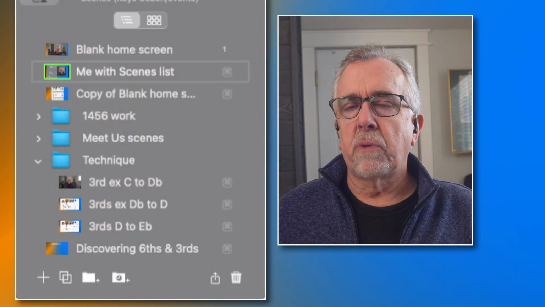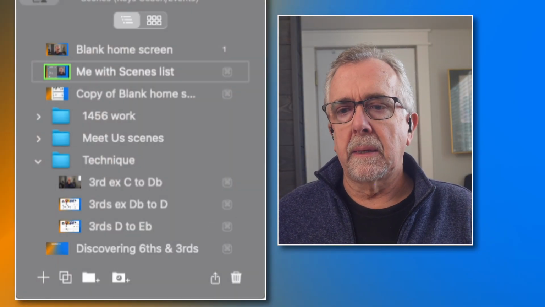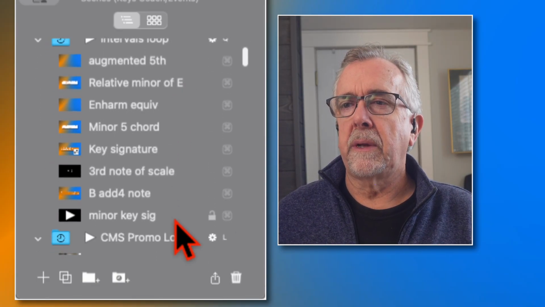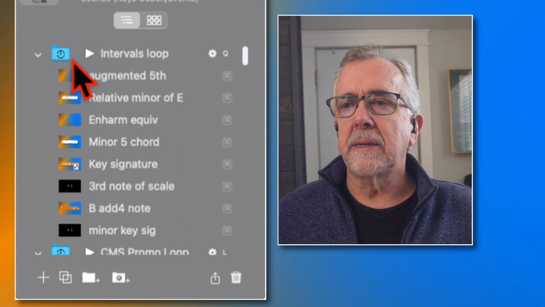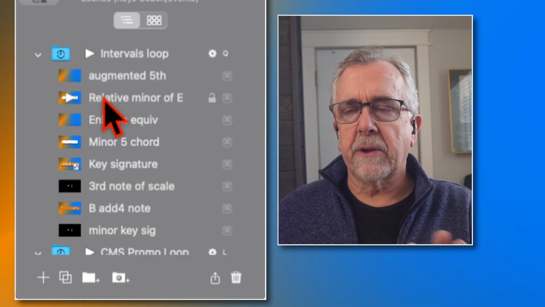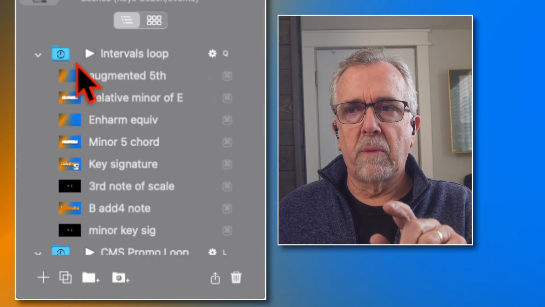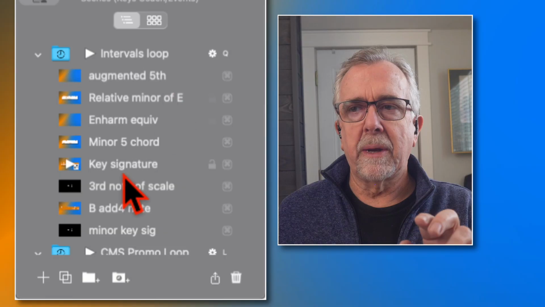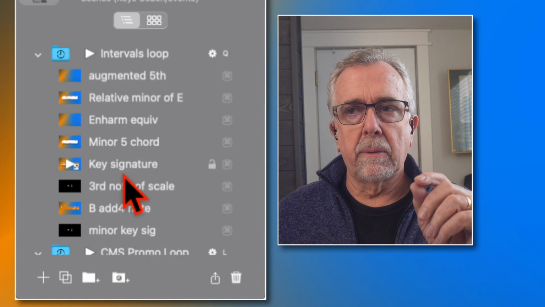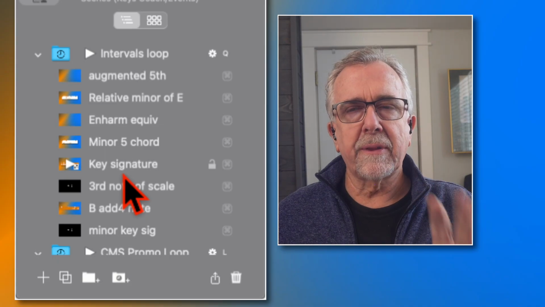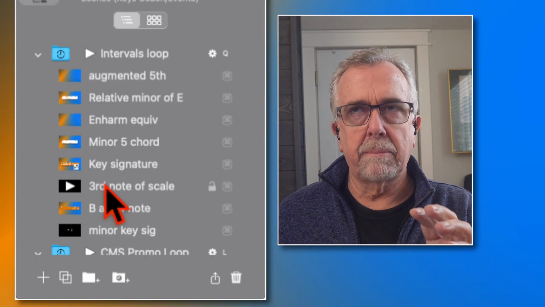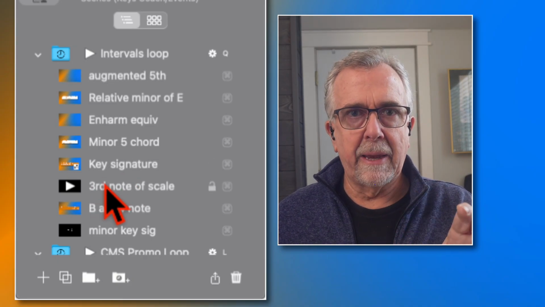When I work with my scenes, let me show you this area where you can see intervals loop. That is an example of what's going weird. You can see all the graphics there, the thumbnails, and the one that just shows the background had a graphic in it when I started to go through the series, but Ecamm is turning everything, once I click it and play a scene, it's turning it into a camera source instead of the blank, which it had started